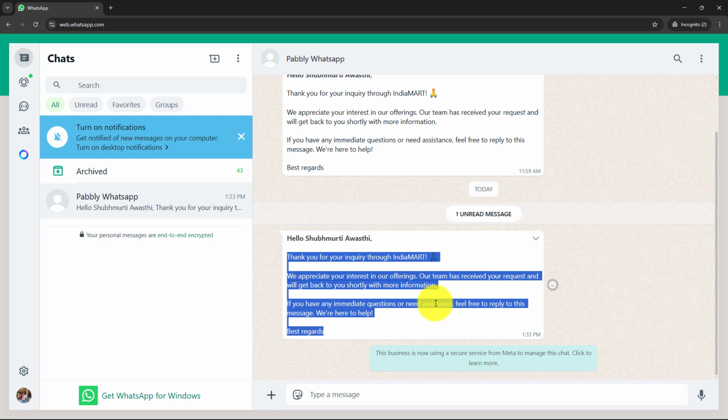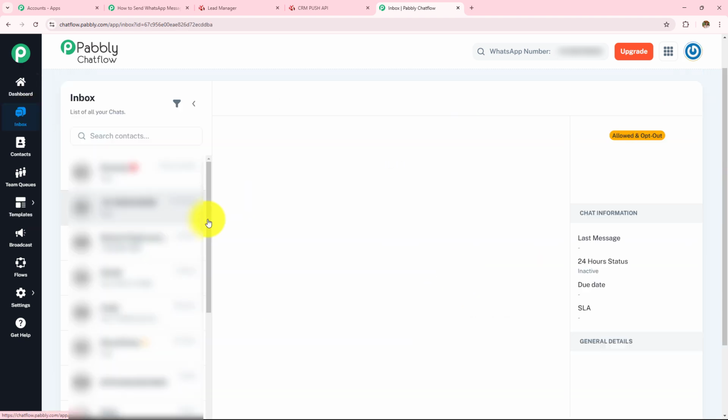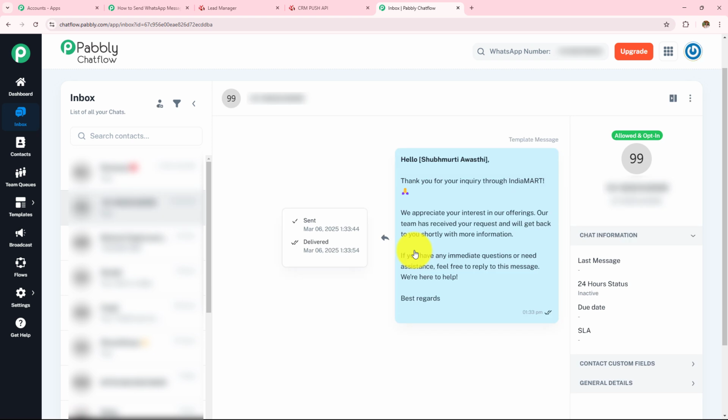for that you have to open your Pabbly Chatflow account. And then on the left hand side where you can see all these options, you have to click on this inbox. And then here you can see that the message has been sent. You can also check the message status from here. Now you can send 2 messages in a 24-hour time interval to your customer, and you cannot send more than 2 messages. If your customers reply to those 2 messages, you can further send 2 messages after your customer has